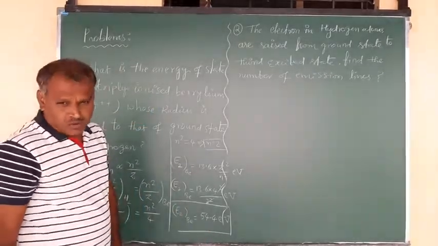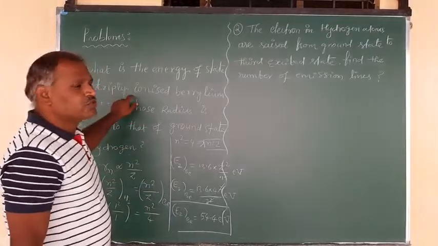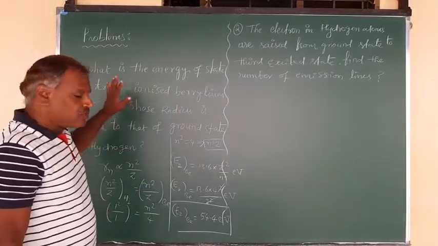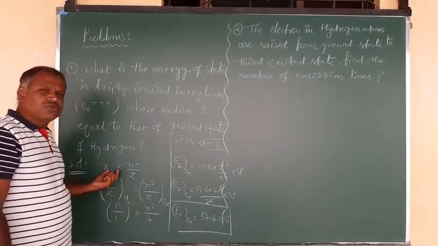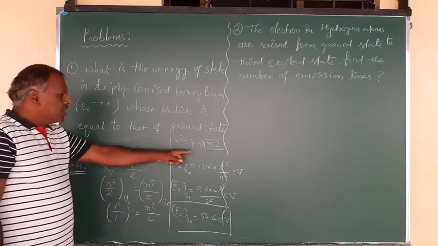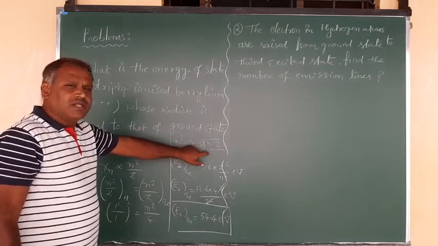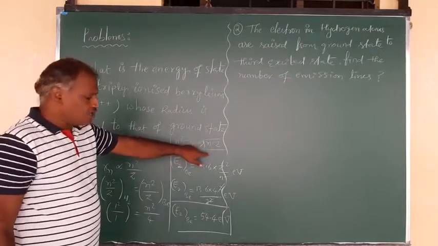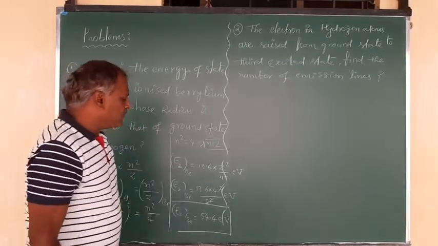54.4 electron volts. That is what we have for this question, right? So just apply Bohr's model where the radius concept is given. Comparing that, you find out the n value in that orbit. What is the energy of the electron that you have to calculate? That we got here, 54.4.